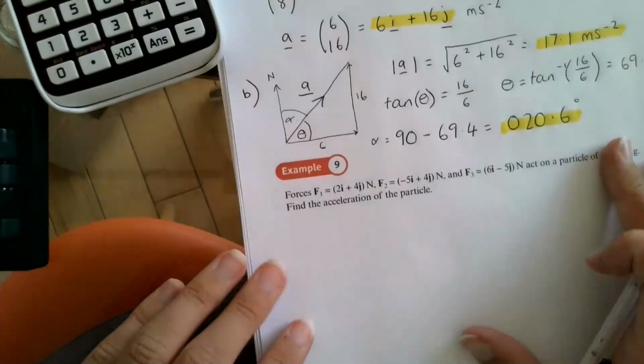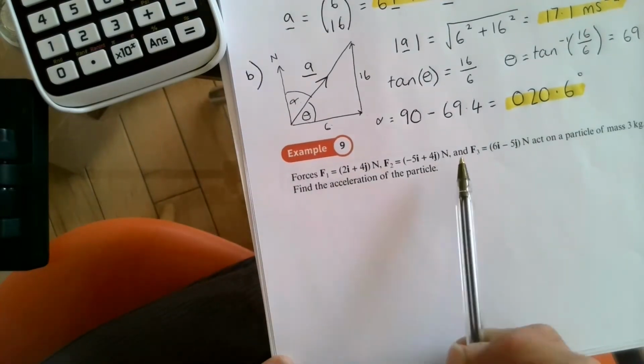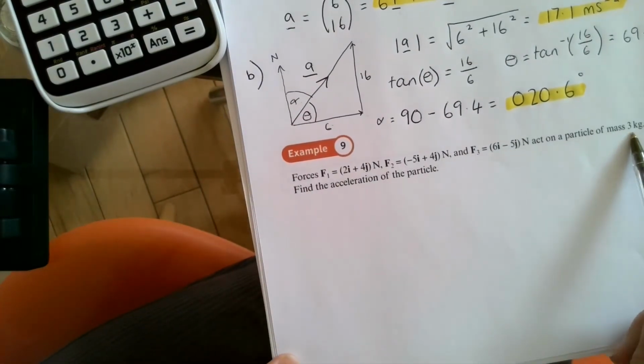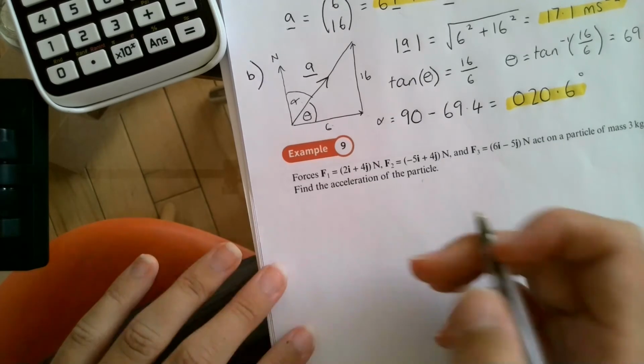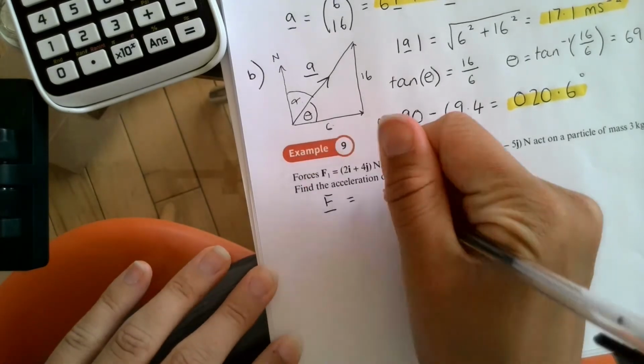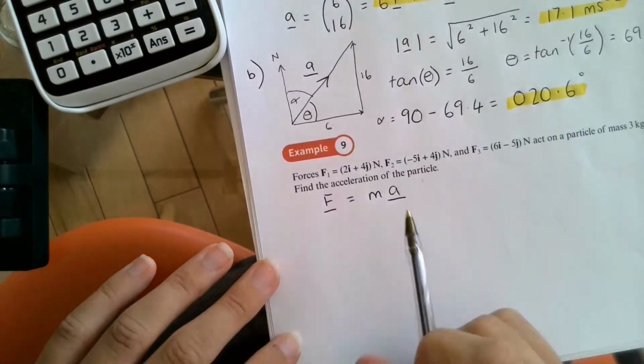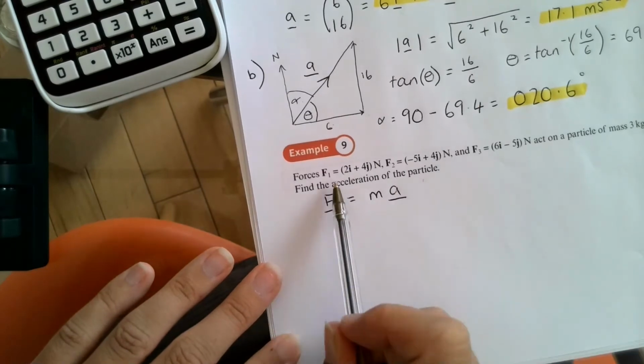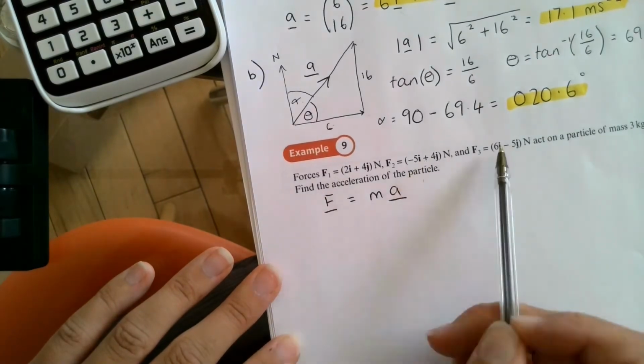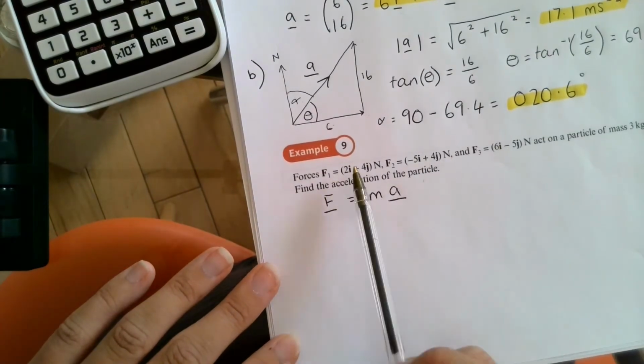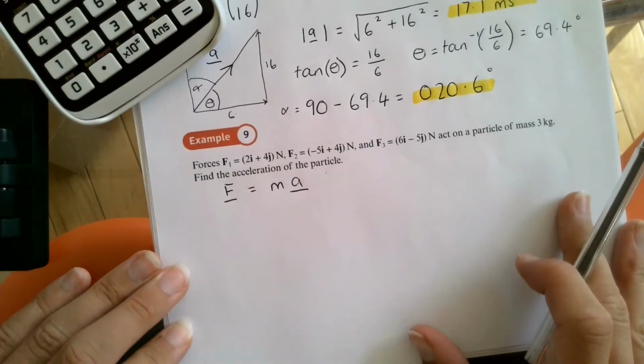Okay, example 9. It says, these forces all act on a particle of mass 3 kilograms. Find the acceleration. Well, again, we're going to just use the vector form of Newton's second law, F equals ma. First, though, we need to work out the resultant force. And we said in a previous lesson that the resultant force is just all of the forces acting on it